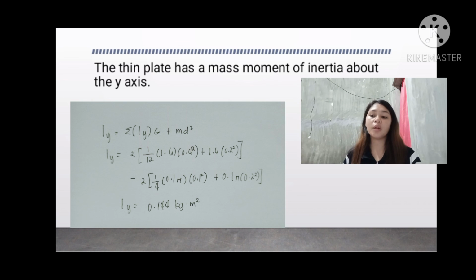So 1 over 12 times 1.6 kilograms times our 0.4 meters squared, plus 1.6 times our 0.2 squared, minus the quantity of 2 times 1/4 of the mass of segment 2, plus our 0.1 pi times 0.2 squared, which in result our mass moment of inertia about the y-axis is equal to 0.144